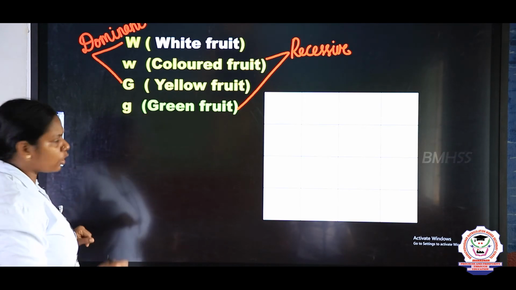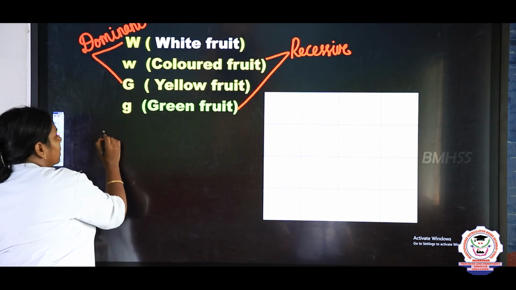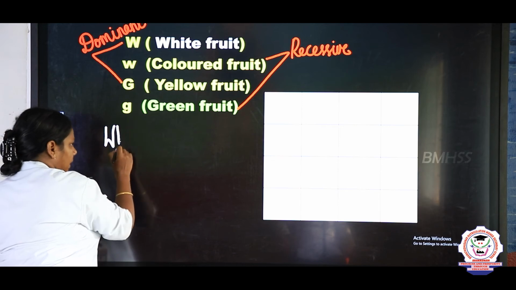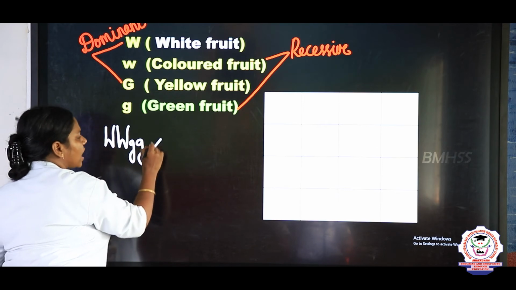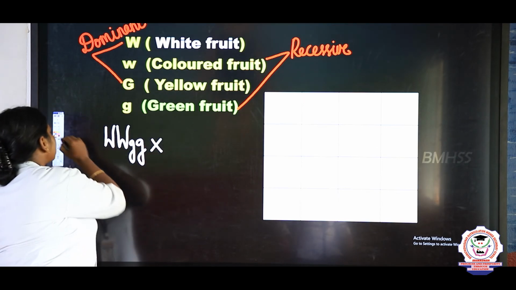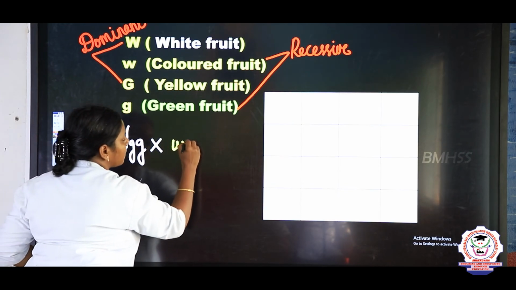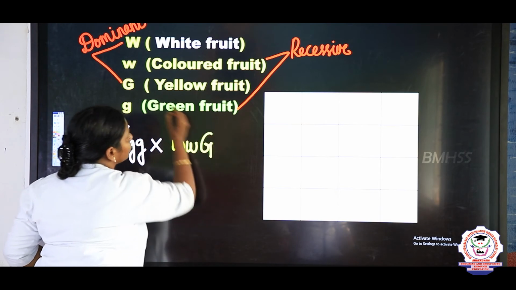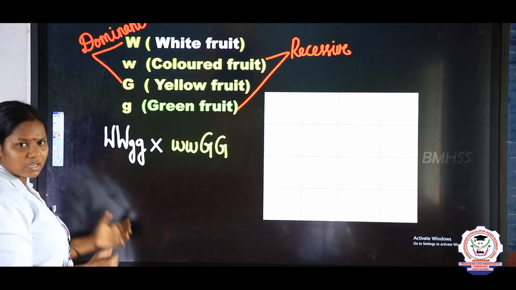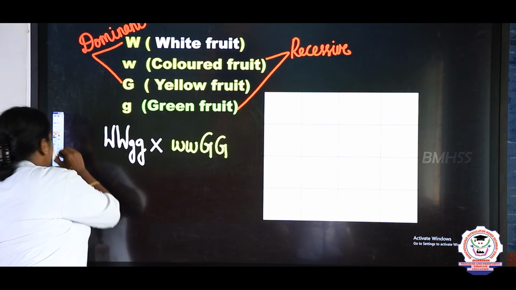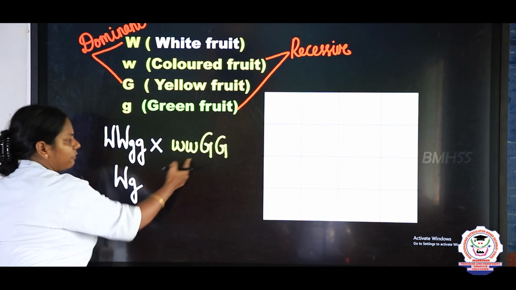Let us see the combination. For the white fruit, what will be the alleles, children? Capital W, small g. And when it is crossed with the yellow fruit, the alleles for the yellow fruit are capital G, capital G. When they both are crossed, what gametes do we get, children? From this we get capital W, G, and from the other we get